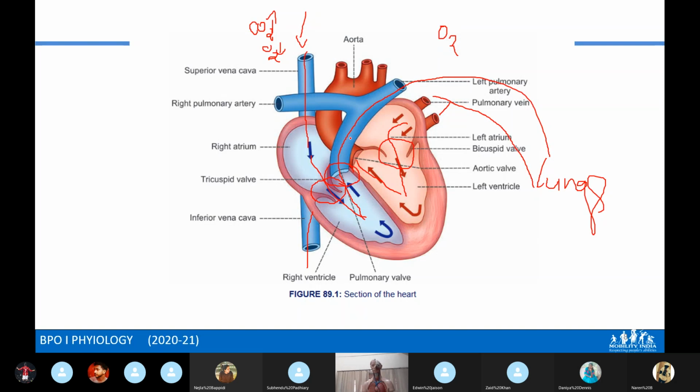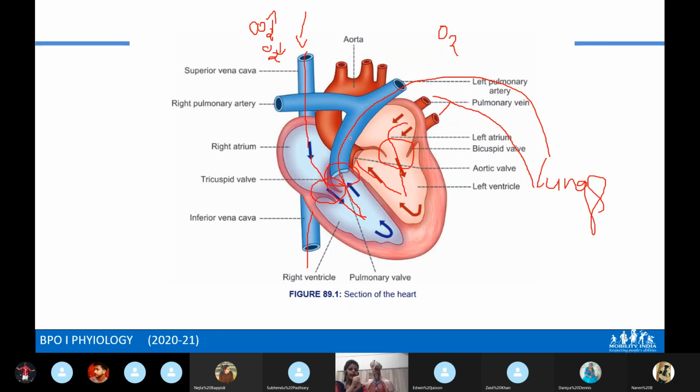Now the brain will stimulate the heart muscle. That you will study in neurology, like which nervous system helps the heart to stimulate, when to contract, when to relax. So that input will be given by the brain, the nervous system. So now the heart will contract, so blood is filled.